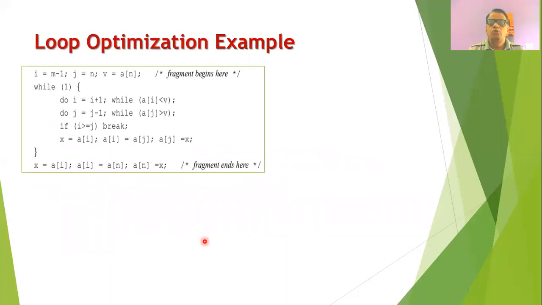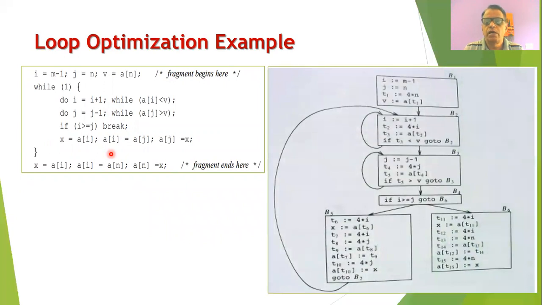Now let us see how these different techniques of the loop optimization can be applied to the loop. So we will consider a loop optimization example. Suppose this is a source code given to us. And now we know that there are different while loops in this source code. And we will see that when this source code is given to the compiler, then the compiler will produce an intermediate code, something of this form. So you will find that the first block will consist of the statements i = m - 1, j = n, t1, then the value of the variable v is being computed.